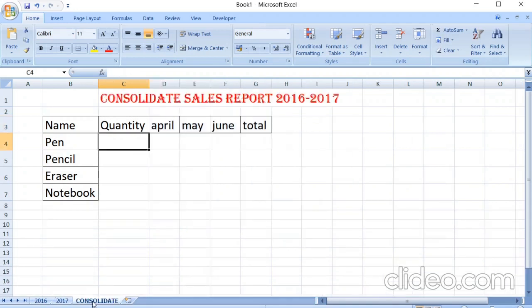So now you need to come on the third sheet, and you need to write here the formula. Start with equal to sign, then you will write SUM. Start the bracket, first sheet name is 2016, then put an exclamation sign. Now you need to know the cell address.